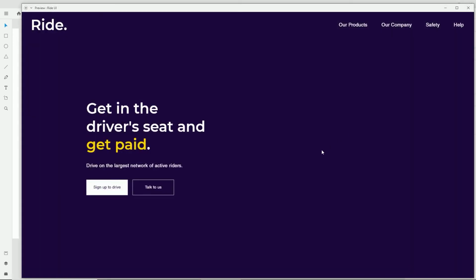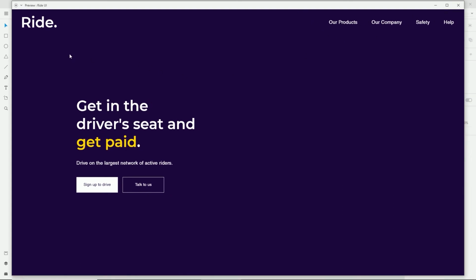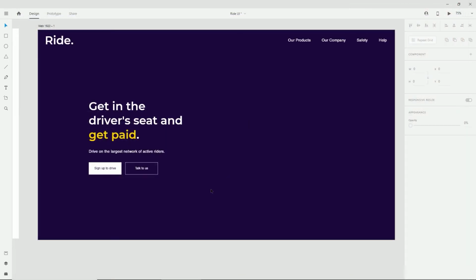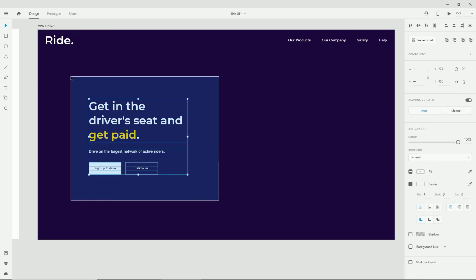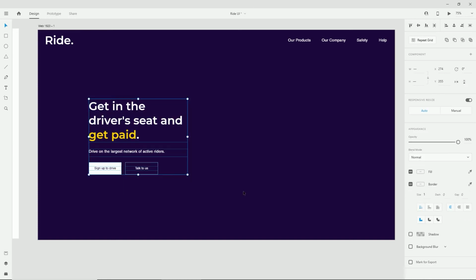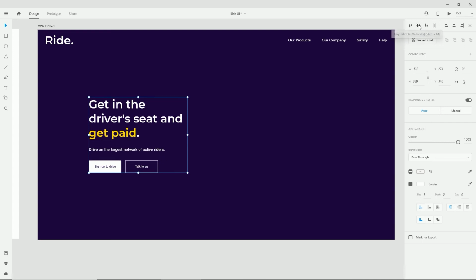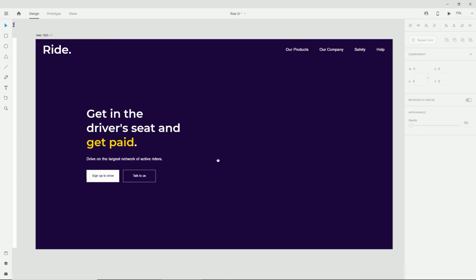If we preview on desktop, it's looking quite nice so far. Everything is nice and clean. Let's continue, and what I want to do now is make sure that this content is actually, we can shrink some of it down just like this, so it's the same. And what I will do is select everything, and make sure that this content is center aligned on our page. To do this, of course, just use the alignment tool here on the top of Adobe XD.